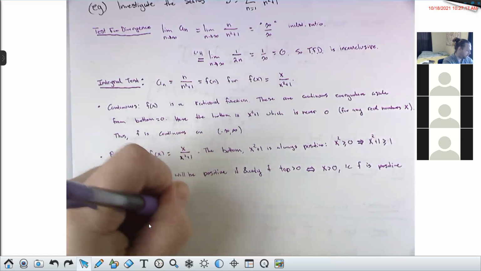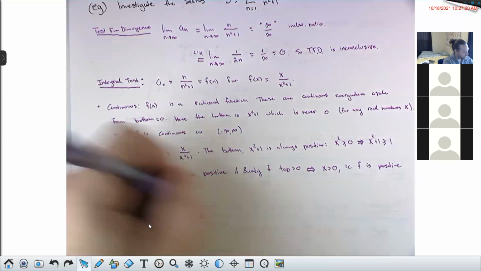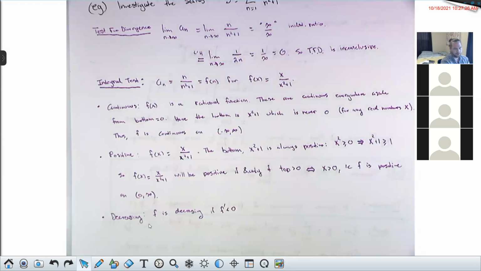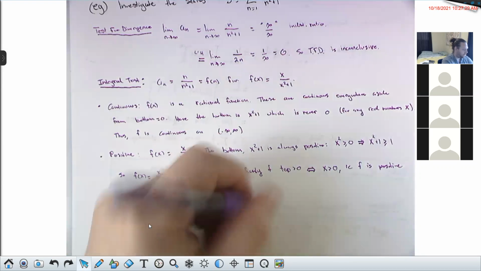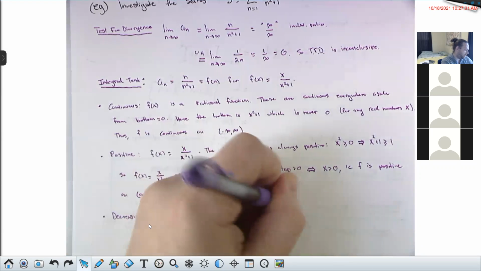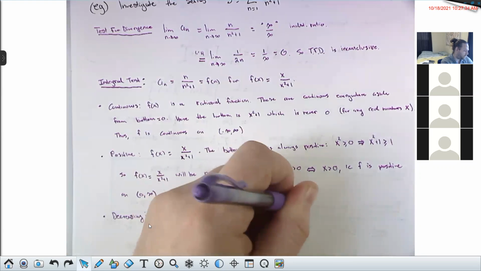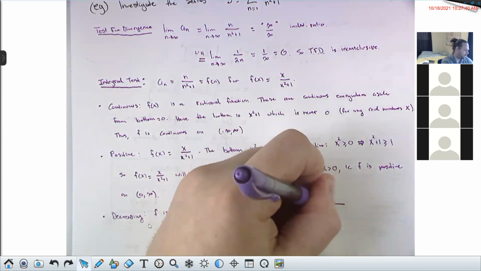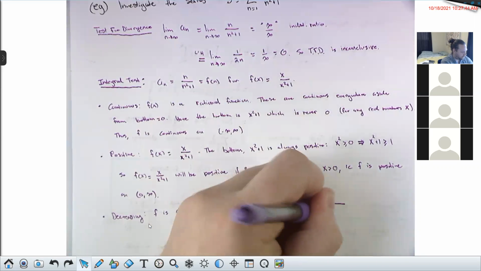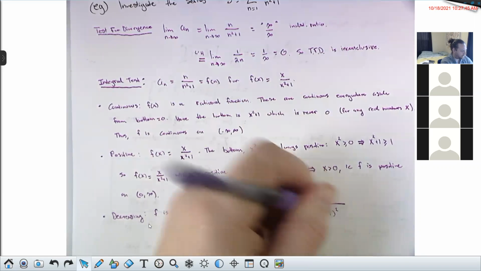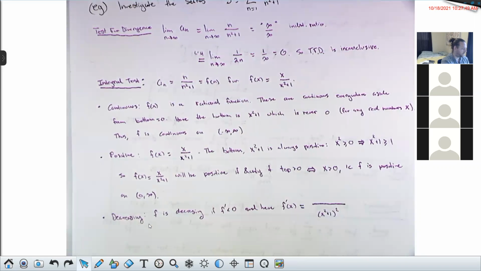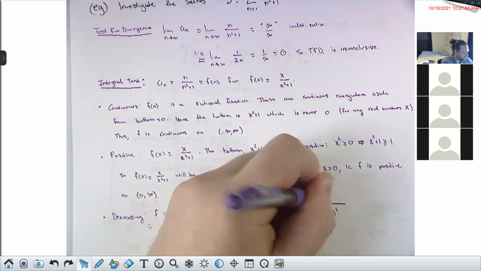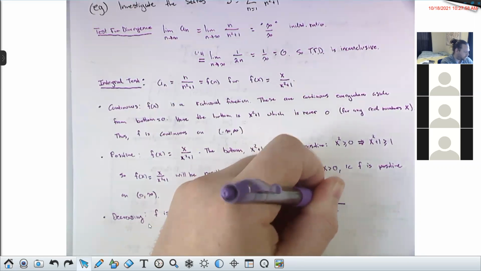That's a pre-calc thing. Decreasing, this is going to be a calc thing. f is decreasing if f prime is less than 0. This is a fact from Calc 1. And here, f prime of x is what? Well, we're going to use the quotient rule, everybody's favorite derivative rule. The bottom is x squared plus 1 all squared. Remember what your quotient rule says, low d high minus high d low. So that's the bottom times the derivative of the top, x squared plus 1 times the derivative of x, which is 1,